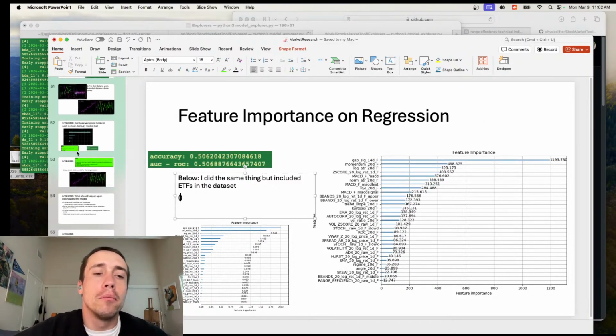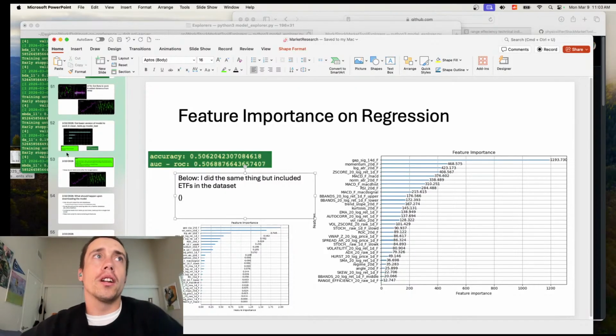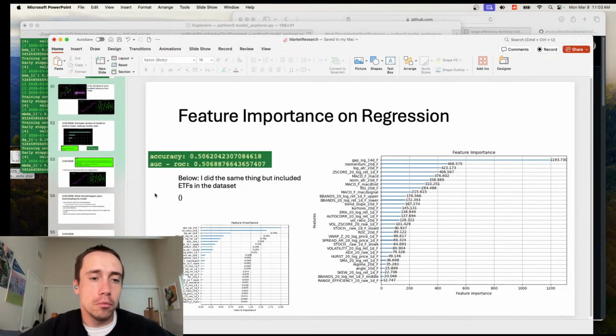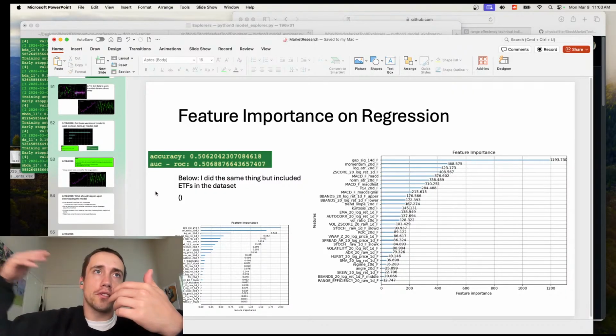Basically, I want a model to predict the stock market. It should be quantitative. It should be automated. Every day when the market closes, sometime after the market closes and before the market opens, I should be able to add new data to the model from the day that just happened, and then the model that I'm training right now will spit out a target price for the end of the day